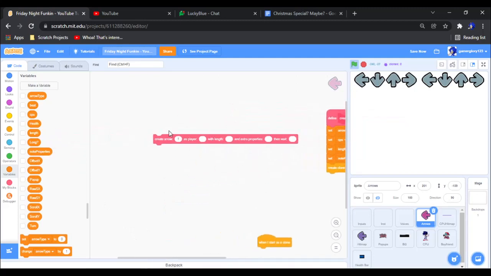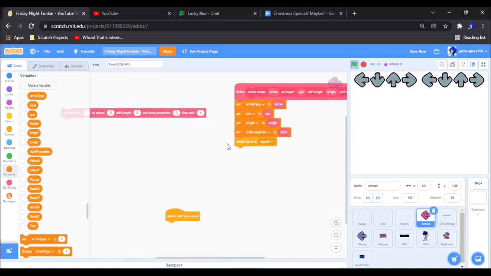So now we've got create arrow as player 0. Player 0 would be this, player 1 would be this, with length 0, and extra properties 0, then wait 4